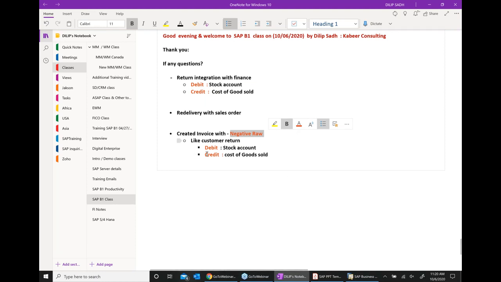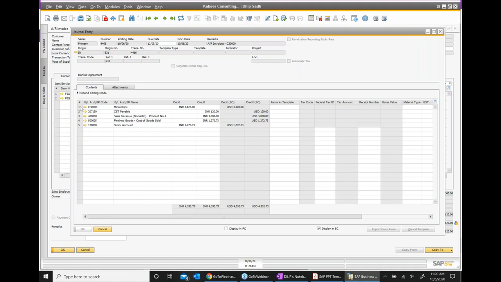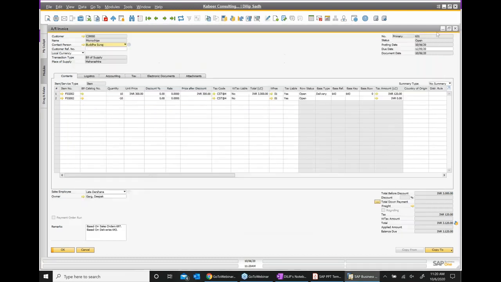If you see, this journal entry and this journal entry are exactly the same, because negative row is like a return. We have this line with a negative 10, and therefore this negative 10 acts like a customer return.